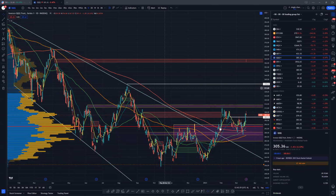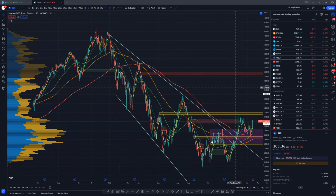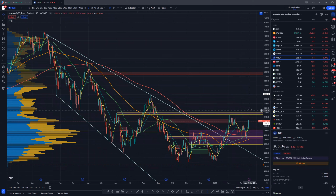So it's mostly tech companies. So it's performing much better versus the S&P 500, which is pretty heavy with the financials in that index. So without the financials, you can see the performance is much better, and it's almost making a higher high off here. So if you measure this move,